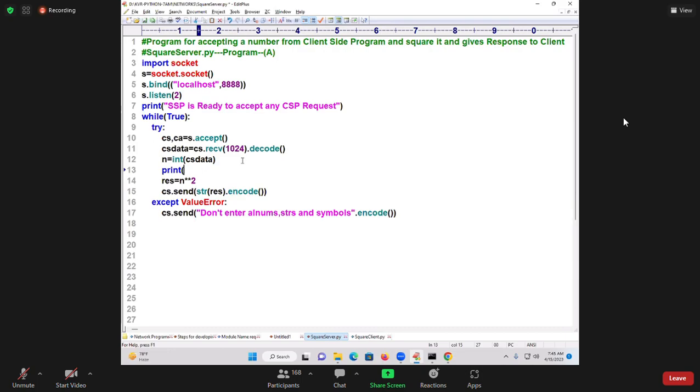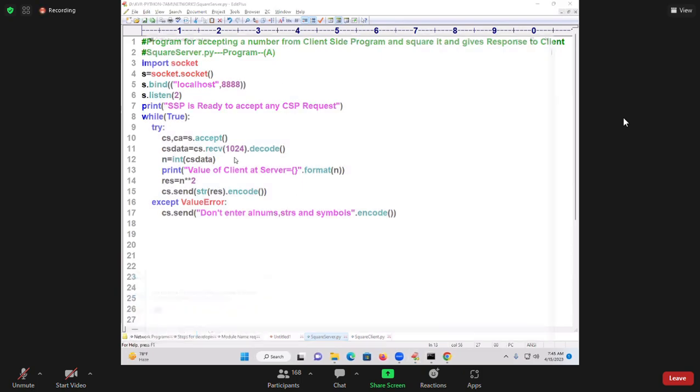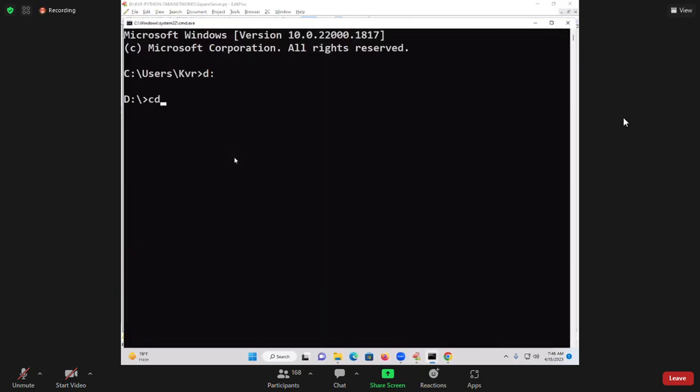Print of value of client at server is equal to, dot format of what I will write? N I will write it. This is what I need. That's why I terminated my program. So coming to the point back,